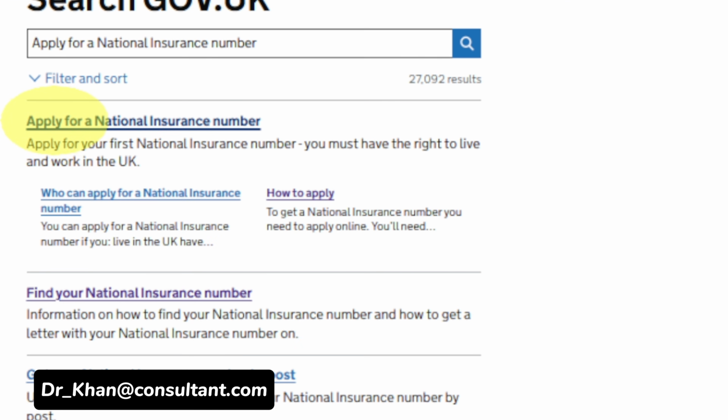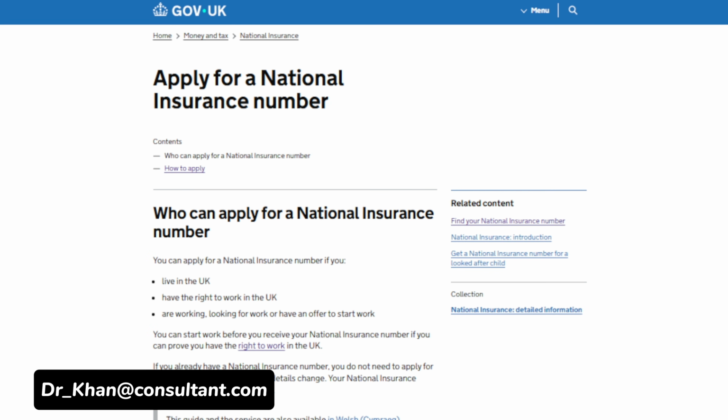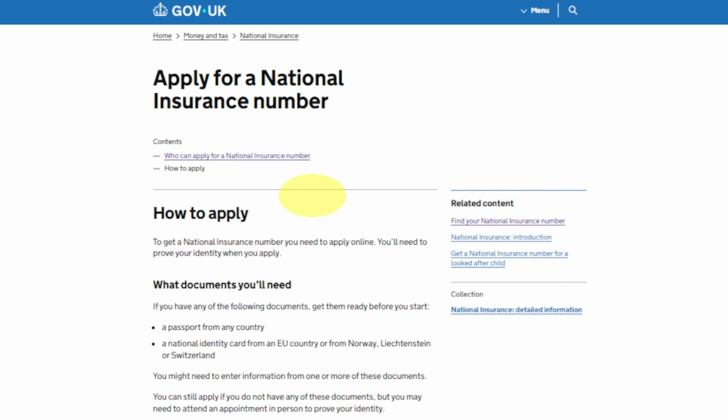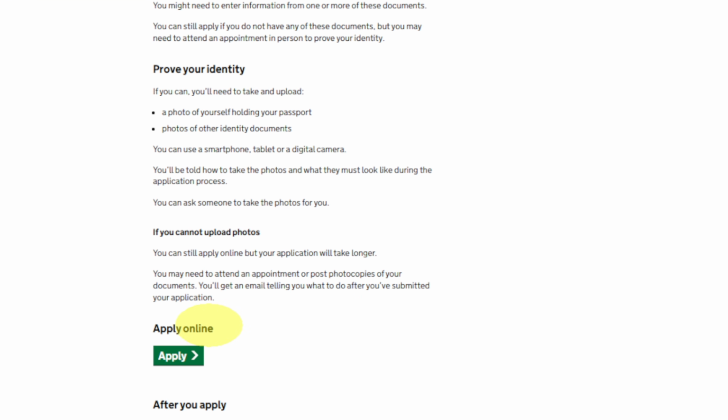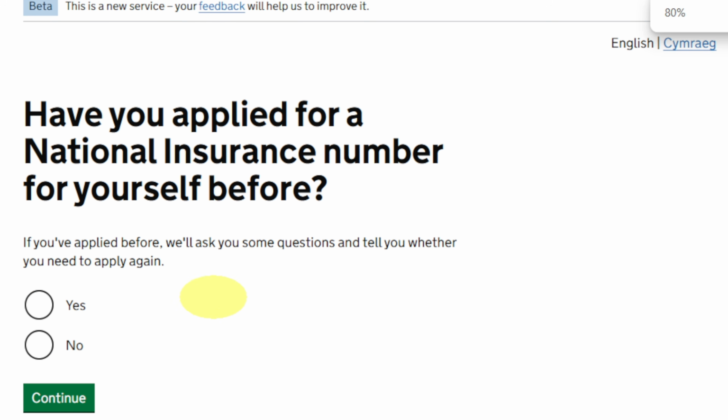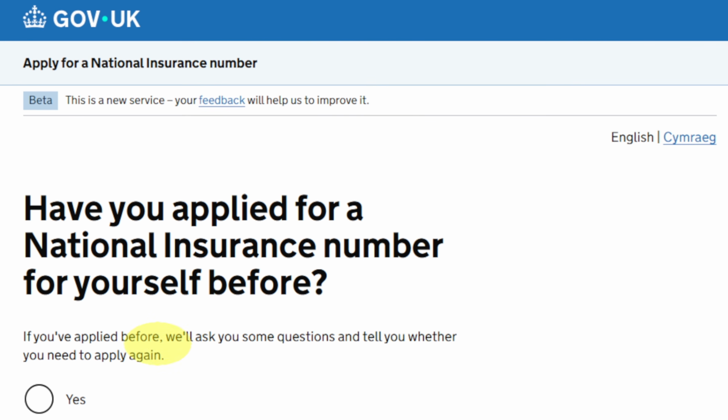The first one is "Apply for a National Insurance number". Click on this. This will give you all the details. At the bottom, you will have "How to apply". Click on this. Then this will give you the option to apply online. First, we will apply for a National Insurance number. Later on in this video, we will see what the rules are and what documents you need to apply for a National Insurance